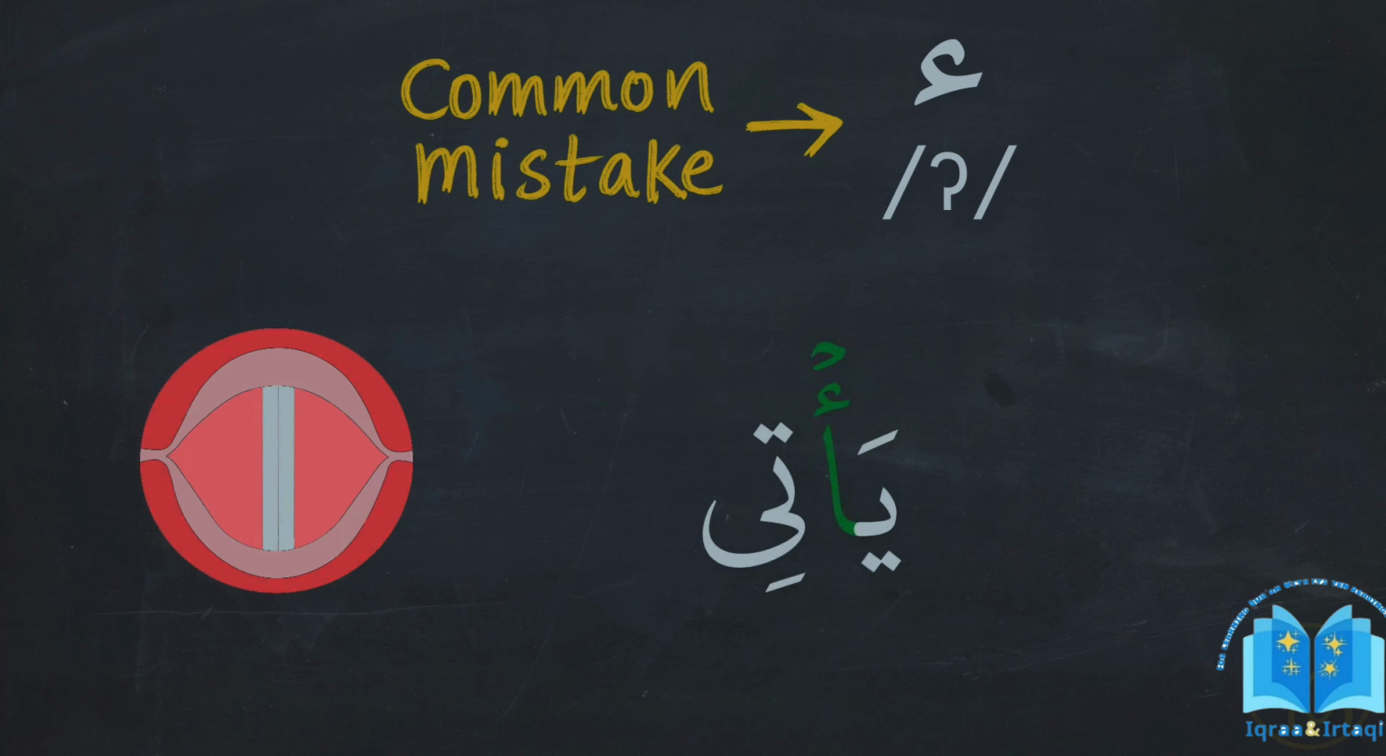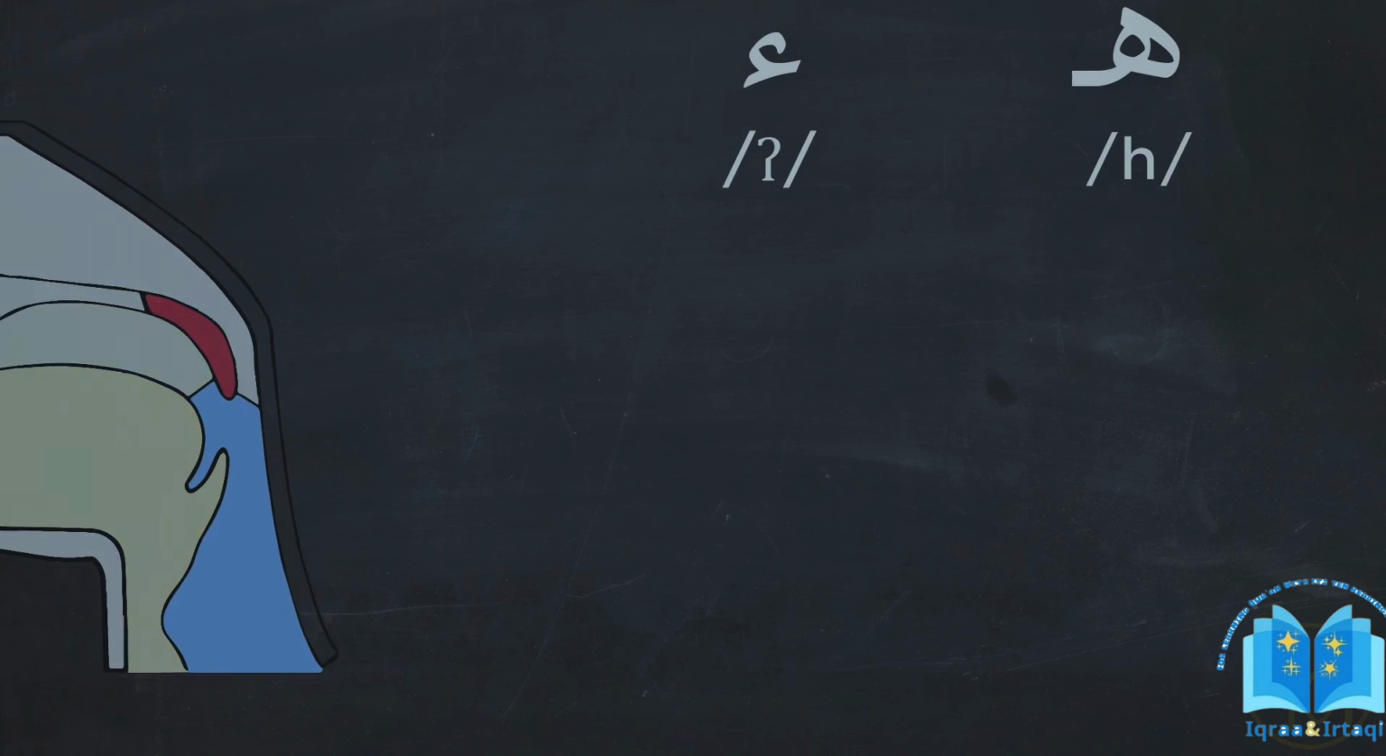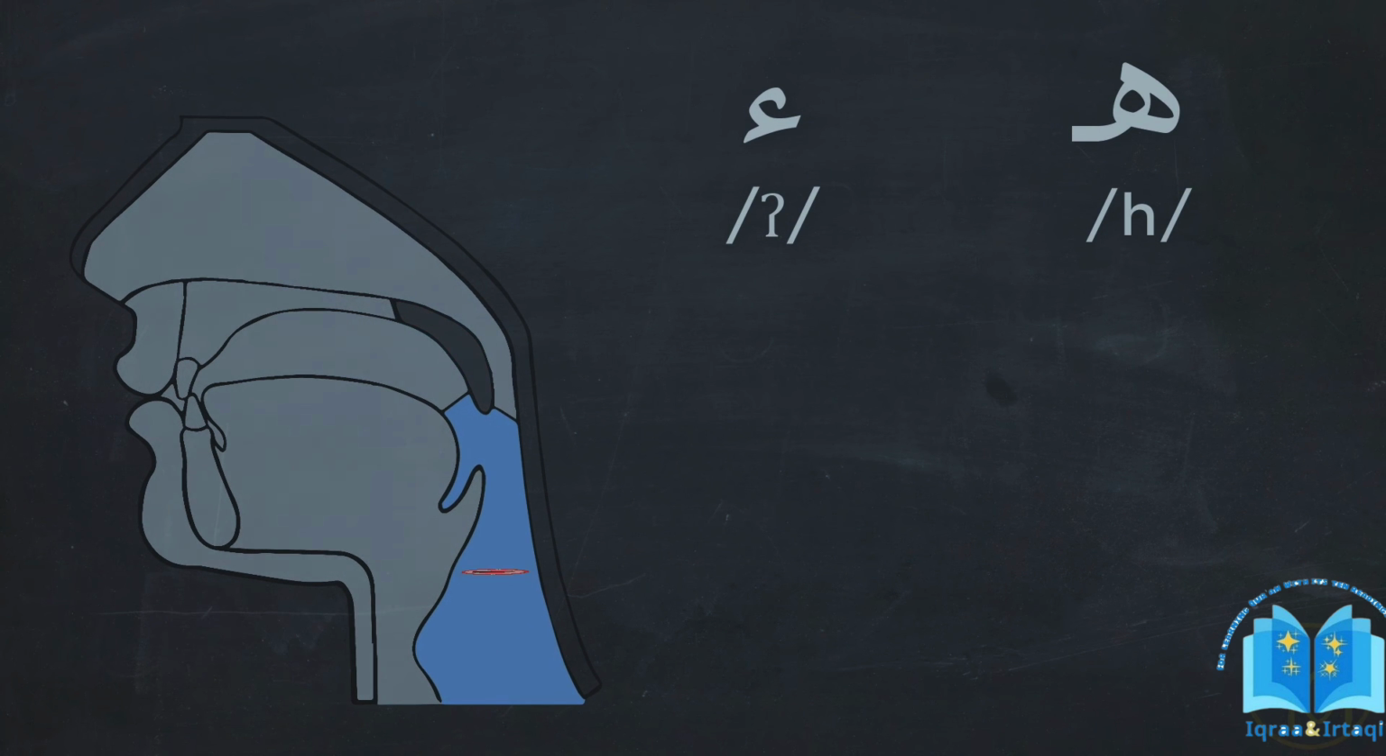يأتي يأتي السماء. So, in a nutshell, the ha and hamza are produced at the vocal cords, which is found at the